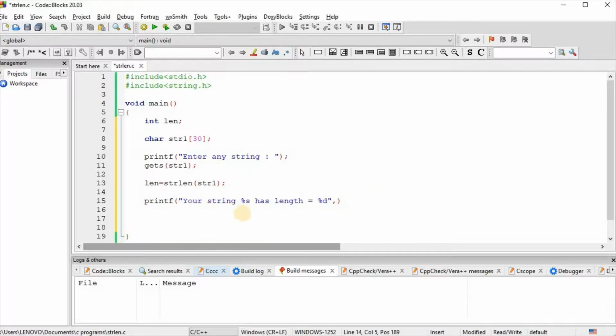Printf: your string %s has length is equal to %d, and here str1 and len.